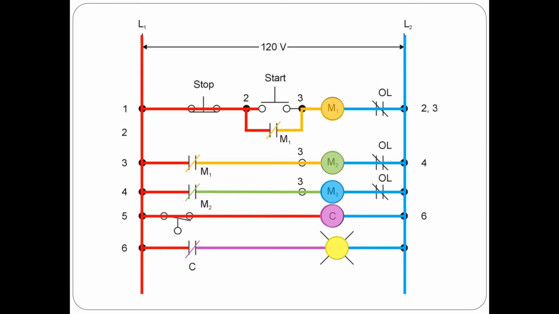Between lines 5 and 6, this is a separate circuit from everything else inside the system. There's nothing on lines 1, 2, 3, or 4 that affect lines 5 and 6. Therefore, line 5 and 6 would simply be an alert circuit. So when the pressure got high enough, it would turn on an indicator light telling me that I have a